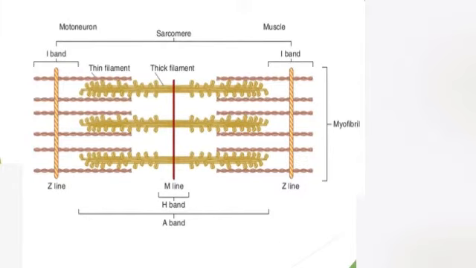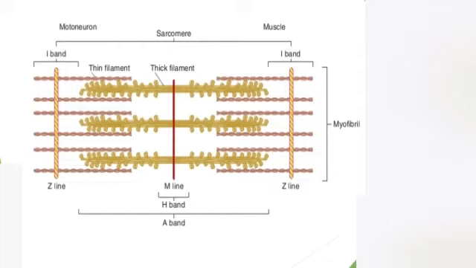Okay students, this is basically a simple microscopic view of the muscle fiber or myofibril. As we discussed in the previous slide, each myofibril consists of alternating dark and light bands. This regular alternation of light and dark bands is called the I band and A band, or you can also say thin band and thick band. So the light band is also called the I band or thin band, and the dark band, as you can see in the diagram, is also called the A band or thick filaments.